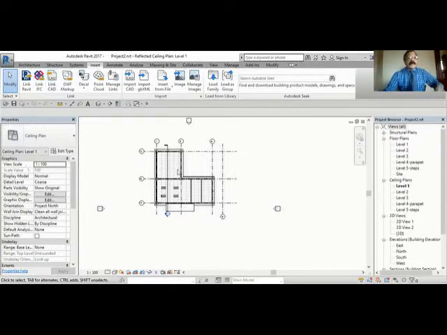You are just keeping a link with the original drawing, and the file size of your Revit drawing will be very small because you have not imported the drawing, you are just linking it. But we should be very careful. Suppose you give your Revit drawing to someone else, you have to copy that linked drawing also. Otherwise, when he opens it, he will not find the linked drawing. So that is the disadvantage of a linked drawing. We should be very careful that the copy of the linked drawing is also copied in the drive.